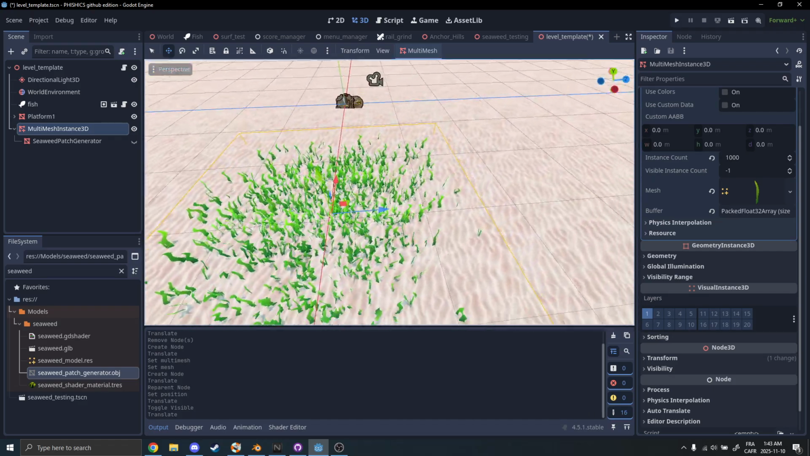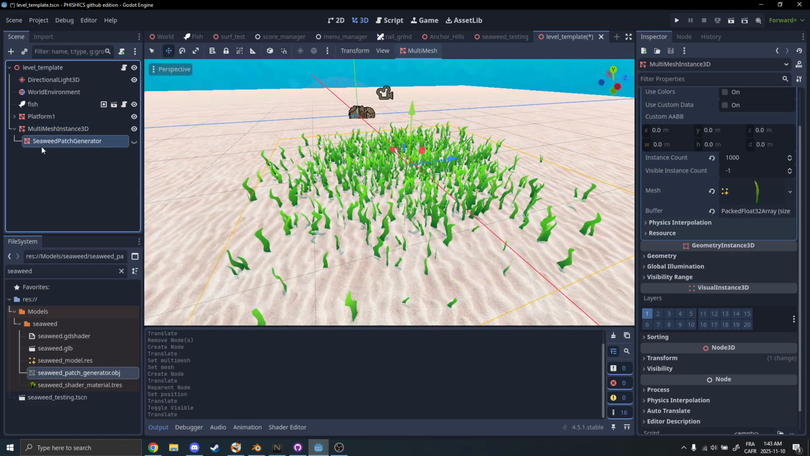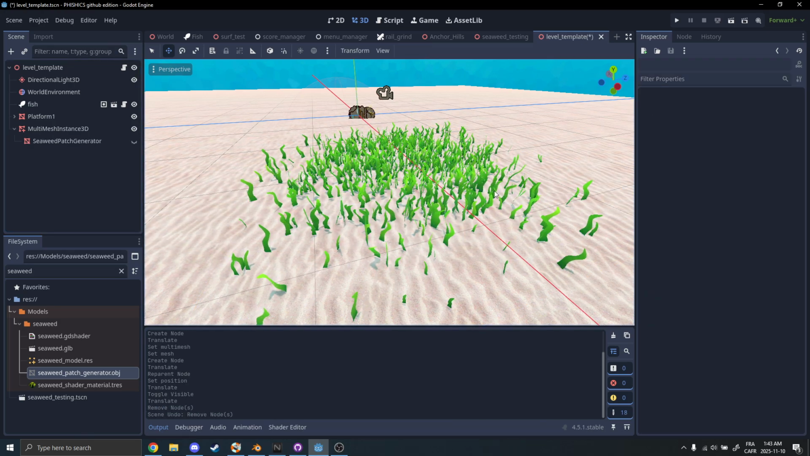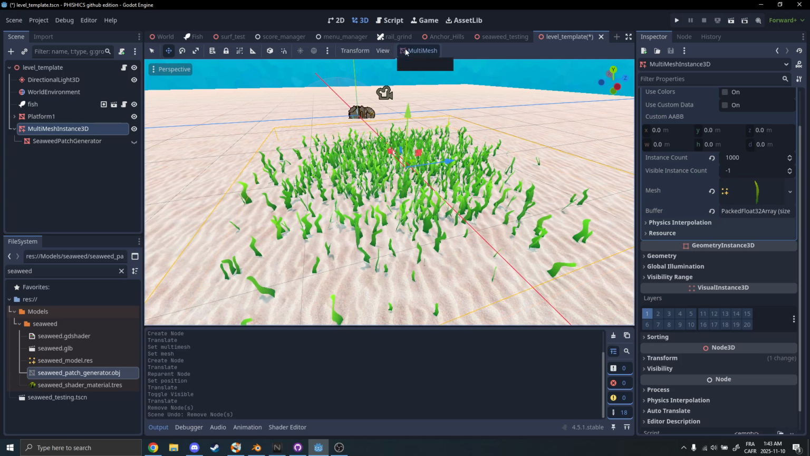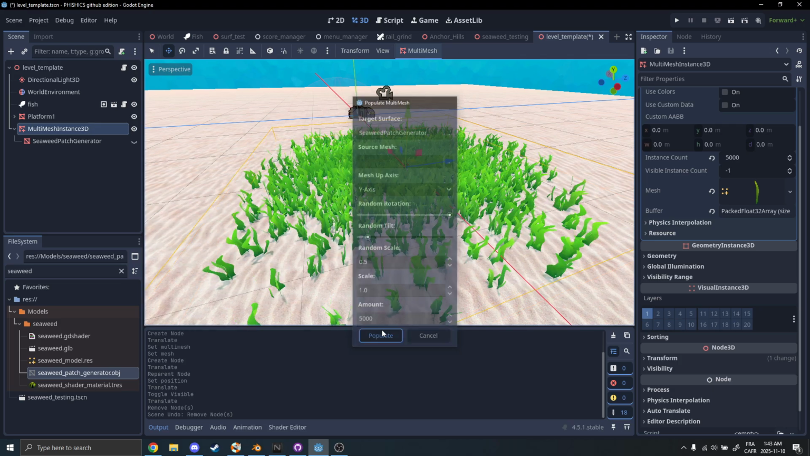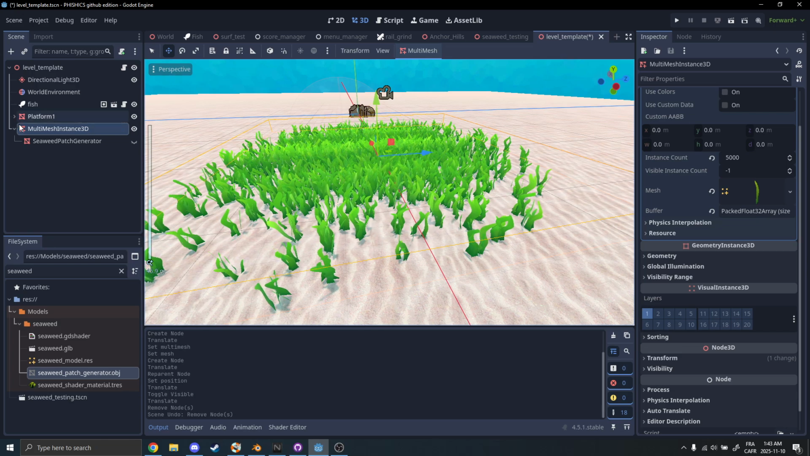Once you have your desired patch of seaweed, feel free to delete the seaweed patch generator. You can also play around and try either adding more seaweed. Look at that. If you want the patch to be bigger or smaller,